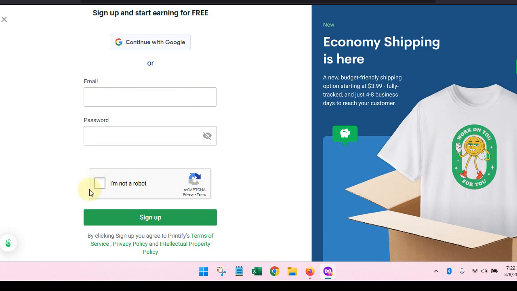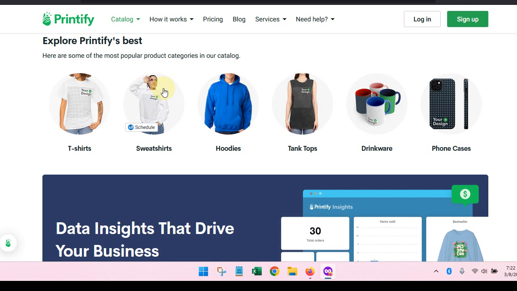And then you want to click on this checkbox that says that you're not a robot. And then once you do that, you click on sign up and you are good to go. And it's a very straightforward, very easy process. So then once you are all signed up, then you can head over, and I'm going